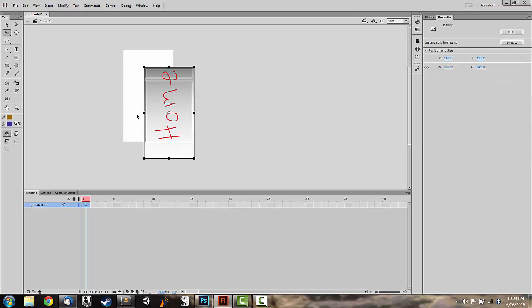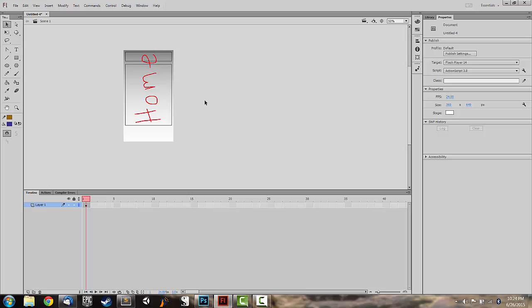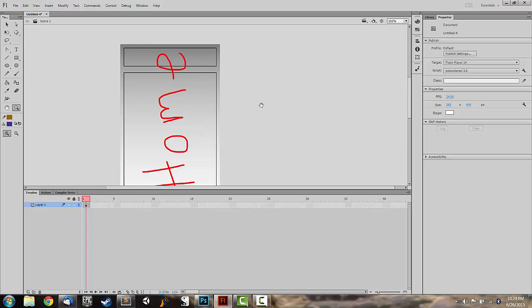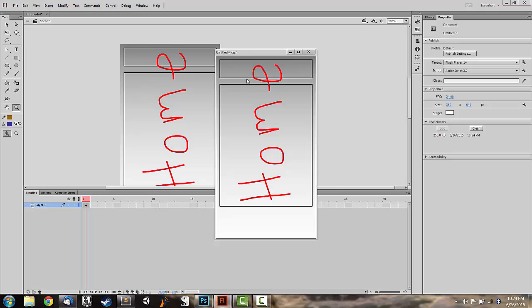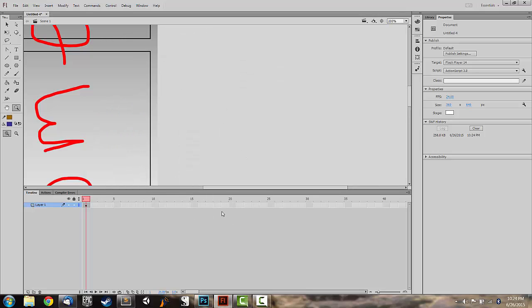And then I want to align this with my canvas, so I'll use the Align tool, make sure Align to Stage is selected, and I can choose Align Left and Align Top. So now when I compile, I've got this cool home screen for my app. What I want to do